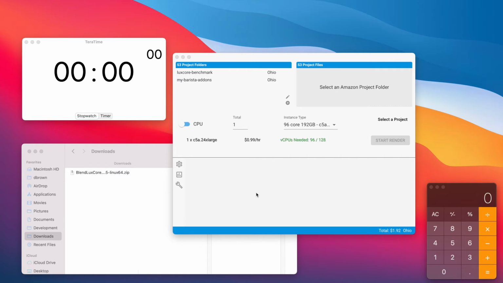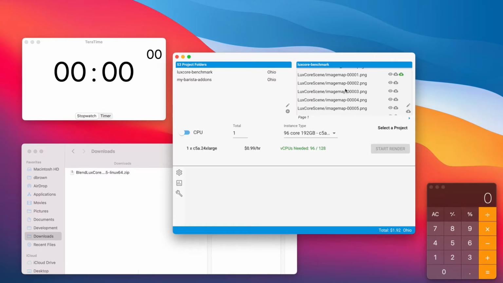Hello and welcome. In this video I wanted to go over how to use LuxCore in Barista 1.7.0 Beta 1, while also demonstrating how well it works rendering the LuxCore benchmark. So getting started, I went ahead and created an S3 folder called LuxCore Benchmark, and I uploaded the entire project